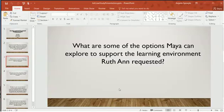So Miss Ruth Ann was requesting, like I said, that she had some PCs that she wanted to try to implement. She wanted to set her room up in more of a lab type environment. So some of the things that Maya, if she didn't really talk about it in the case study, but I know it did say that she reflected on